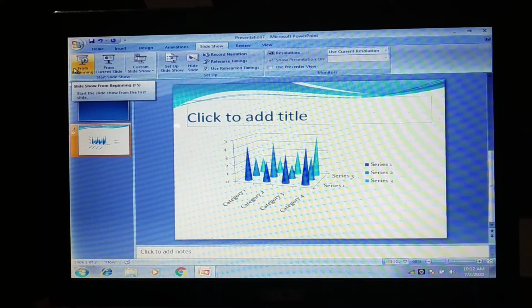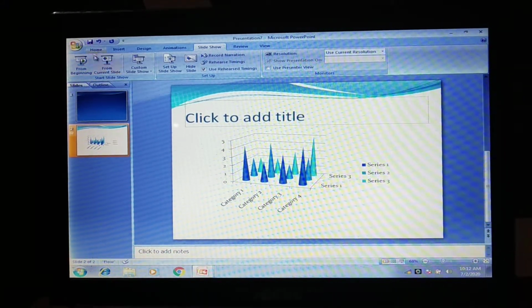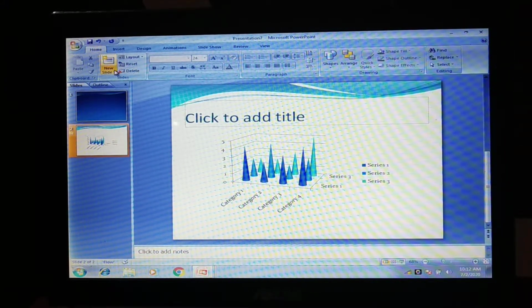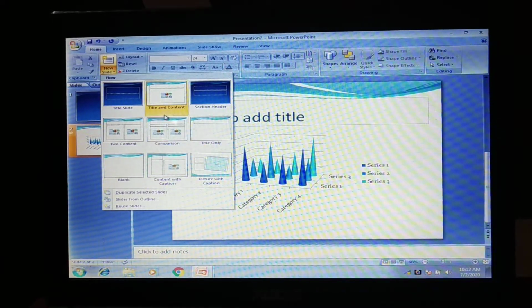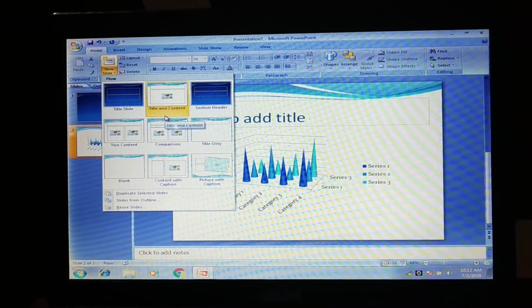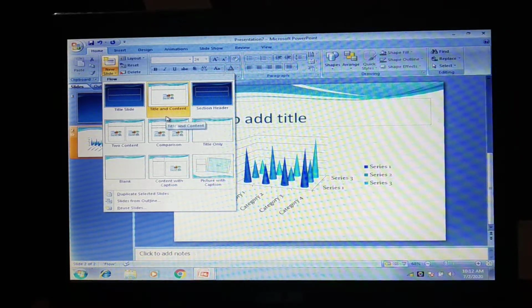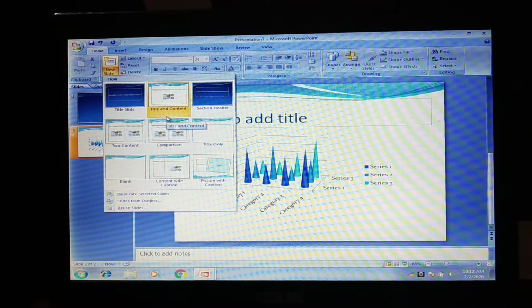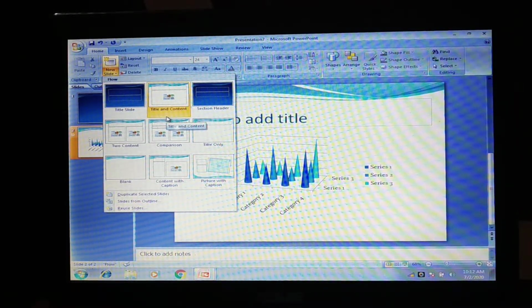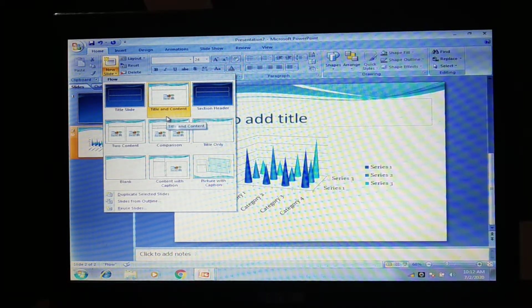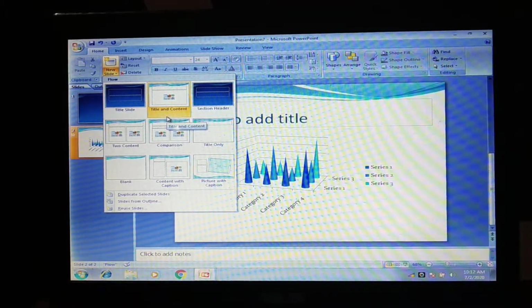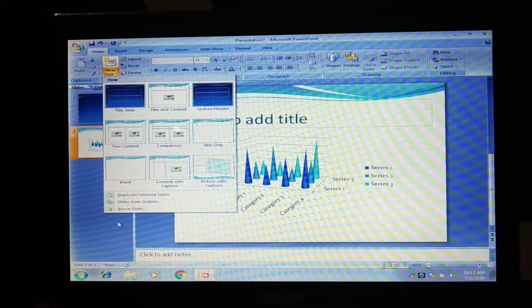So I have shown you how to insert a new slide from the Home tab, New Slide option, then you choose any one of these, and then you have to work on them. The second quick tip on page 52 is important. The shortcut key to insert a new slide in the current presentation. Current presentation means the presentation on which I am working now.